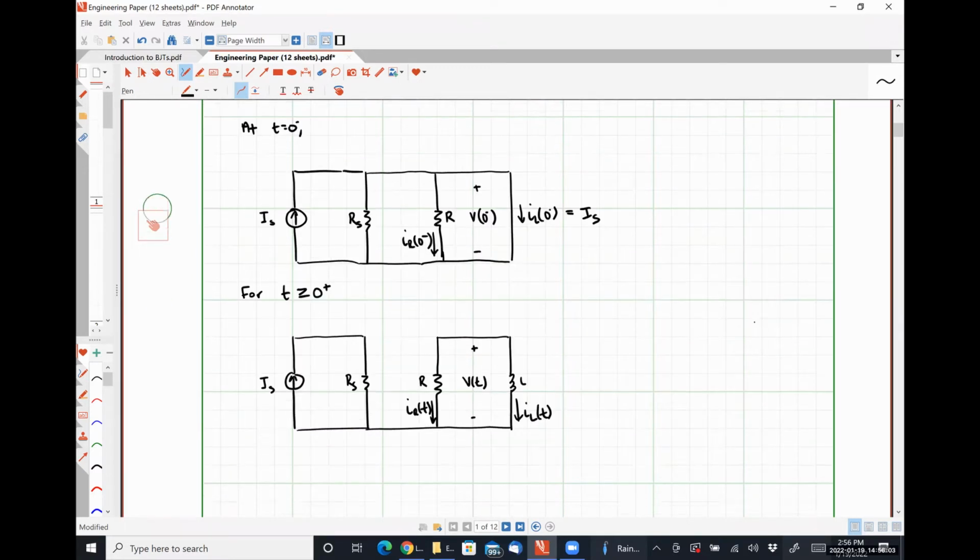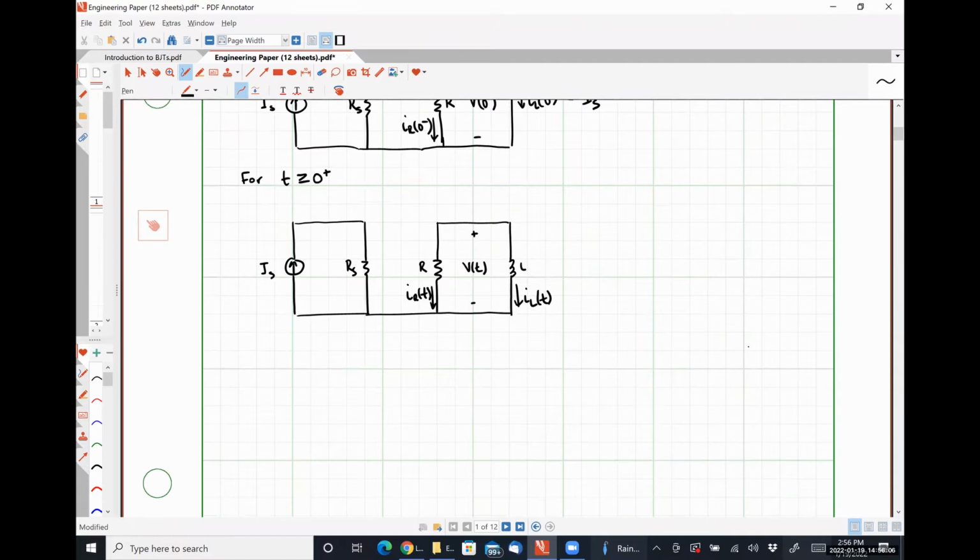So let's look at this circuit for t is greater than or equal to 0 plus, because that is literally the definition of our transient condition. And let's do some calculus, actually, okay? So if I apply Kirchhoff's current law at this node right here, I'm going to call it, just for the sake of argument, node A, I get